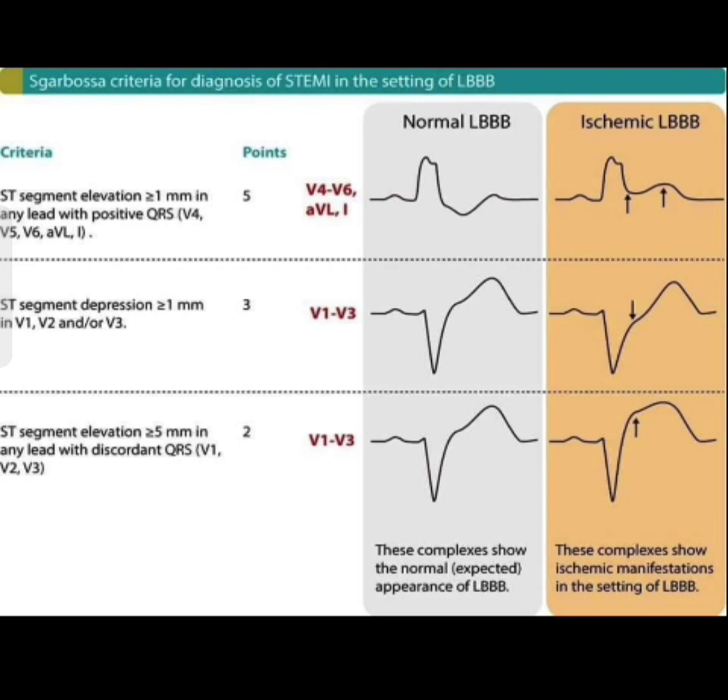ST segment elevation more than or equal to 5 mm in any lead with discordant QRS, V1, V2 and V3, carries 2 points. As shown in the figures, normal left bundle branch block in V4, V6, aVL and 1, and ischemic left bundle branch block with ST elevation. V1, V3 normal left bundle branch block on the left side of,